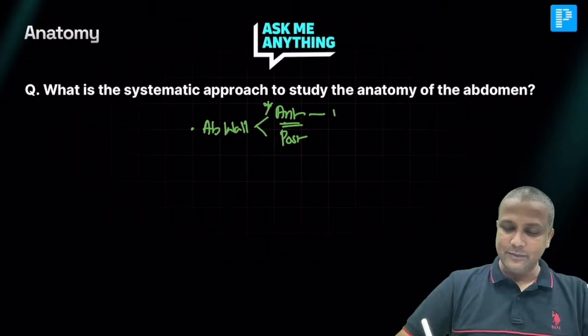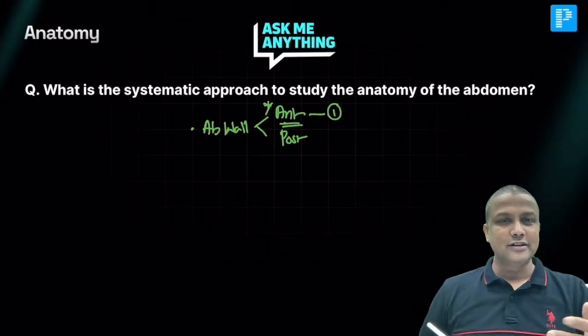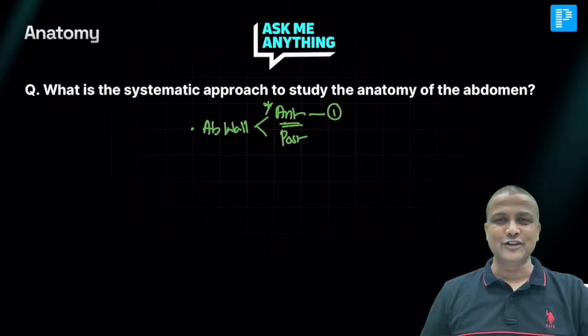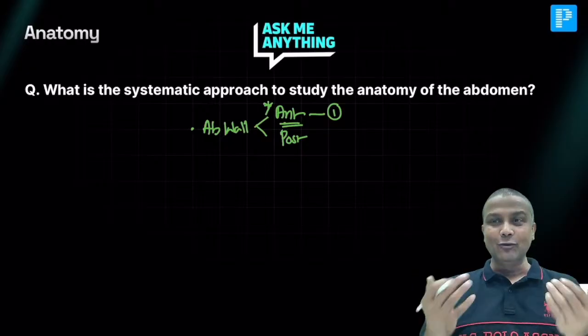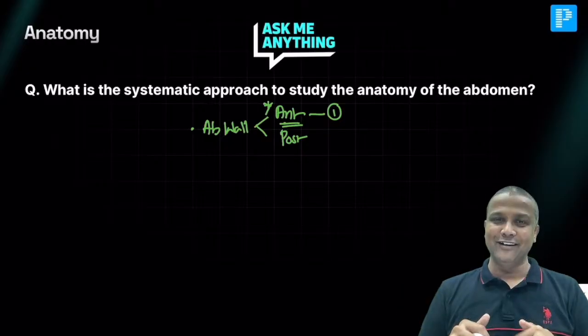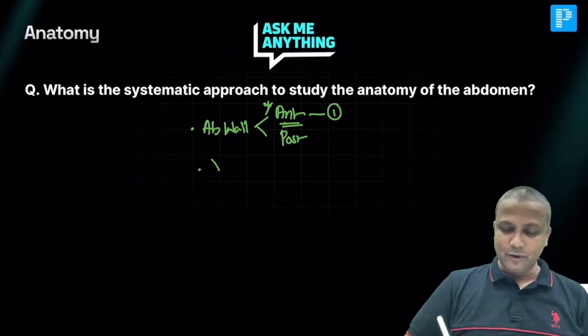यहाँ से एक सवाल हमेशा आता है, and yes, some students are the FMG students who are listening to me here. In FMG, definitely there'll be always one question regarding inguinal hernia. Inguinal hernia, तो anterior abdominal wall पढ़ना जरूरी है. Now once you are done with the anterior abdominal wall, then you enter inside the abdomen. And inside the abdomen, you have to learn about all the visceral organs, but that is not that much important